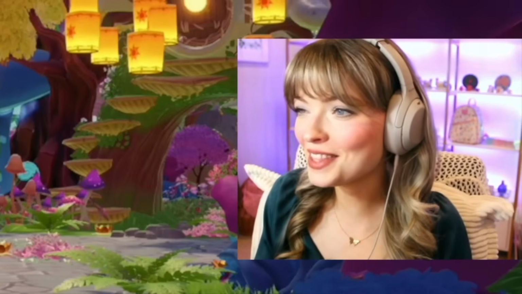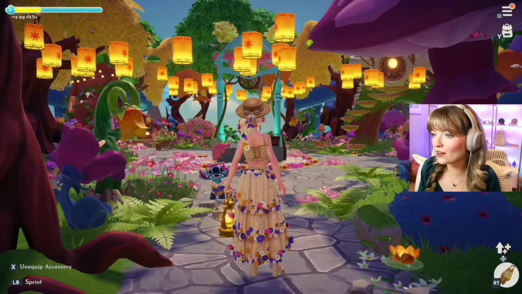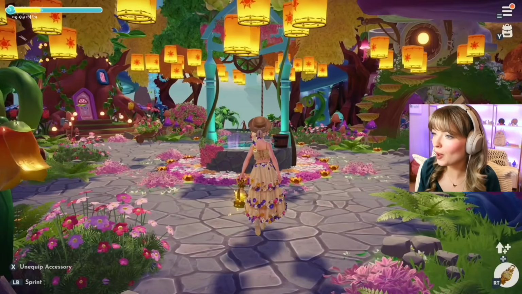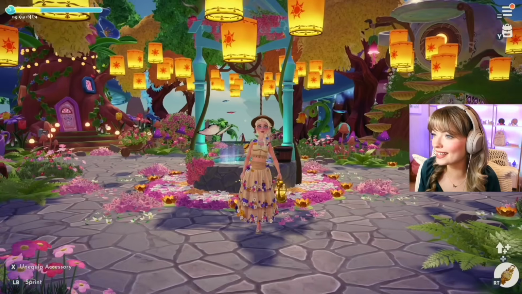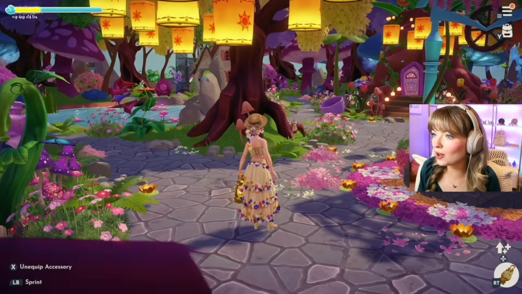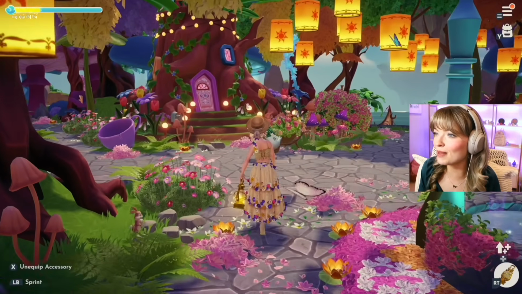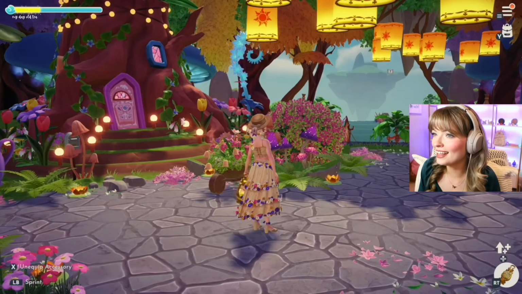So we are now in the meadow, and my peaceful meadow is kind of set up as a fairy wonderland. In the heart of the meadow, I have my wishing well, which I customized to the springtime well skin. And surrounding that, I have tons of flowers, all of the Rapunzel lanterns. I really wanted this area to feel very magical and whimsical. So there's lots of mushrooms, tons of stuff from some recent star paths we've had, and some really adorable